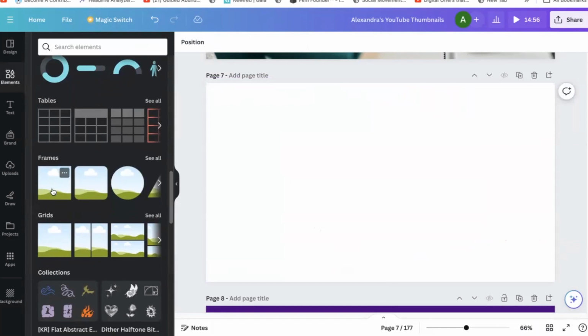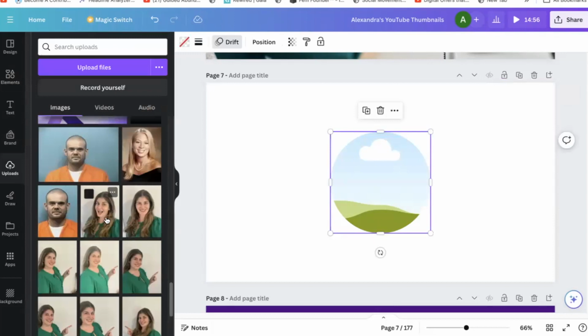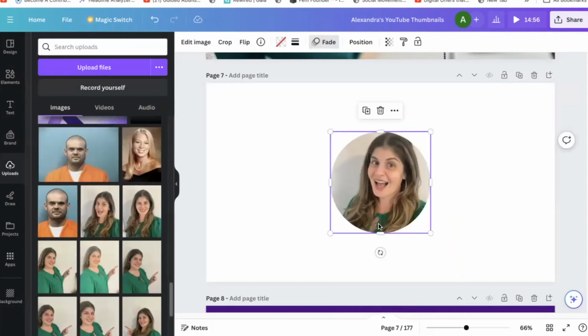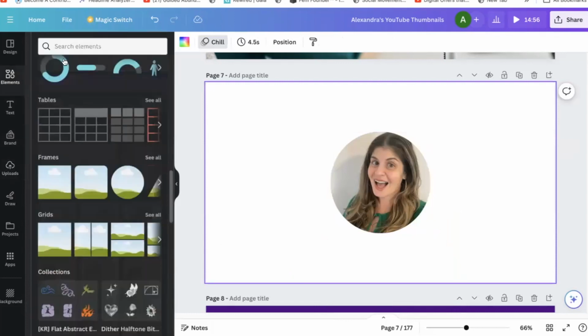Okay, so the other thing, and I think this will be the last thing for this particular tutorial because it's kind of running long, is you can do this thing called frames. What that allows you to do is to have this shape and you add an image into that shape. So here I added my image, whatever upload I wanted or whatever image. You could also get one from